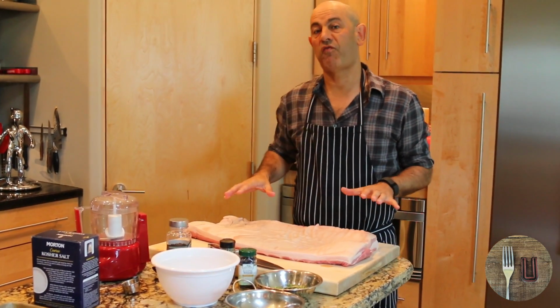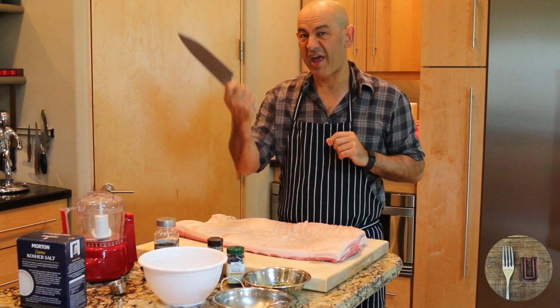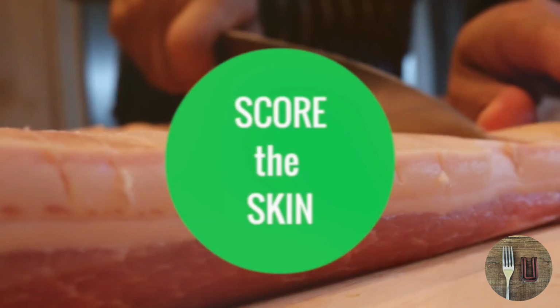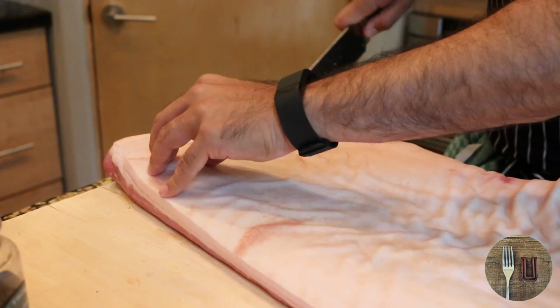We're going to let it sit for a while before we put it in the oven, so the salt is going to cure the skin, so it's going to get wonderful and crunchy. But before we do anything else, I have to get a bit medieval with it and score the skin. And the reason we're going to do that, I'm going to make these small cuts through the flesh, and you can see it's a little bit tough, so I have to go a couple of times,